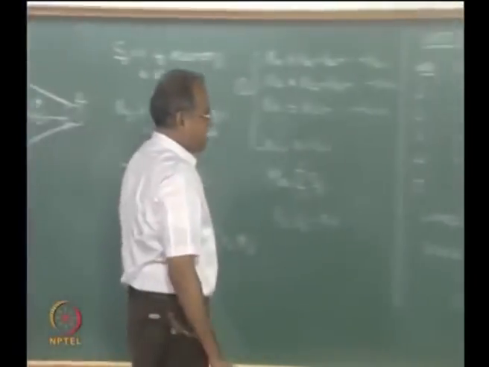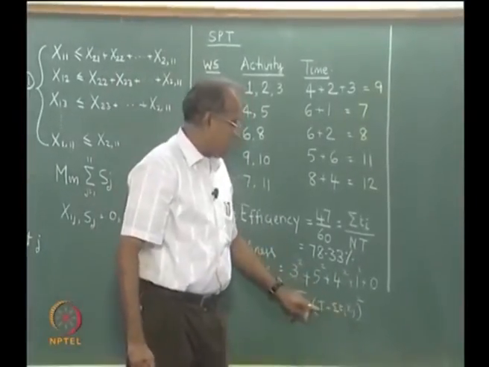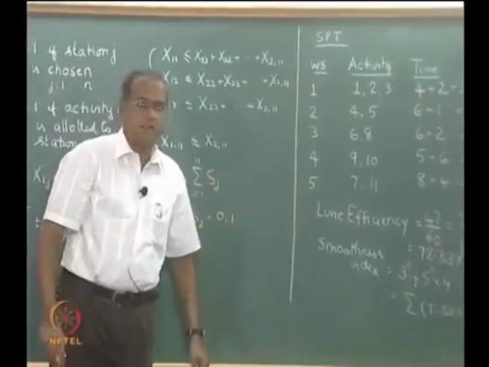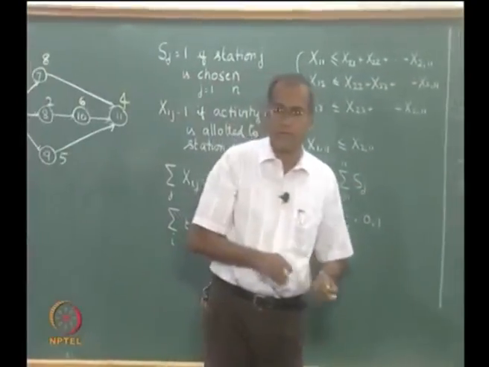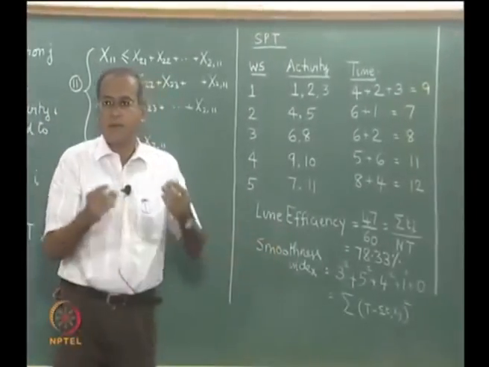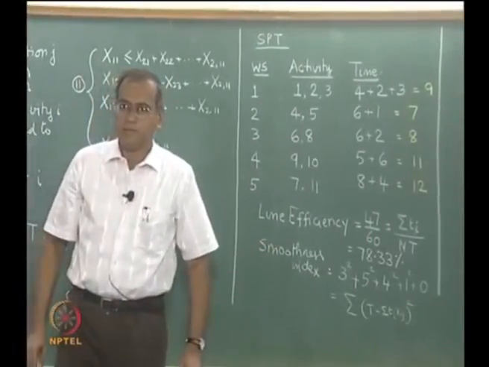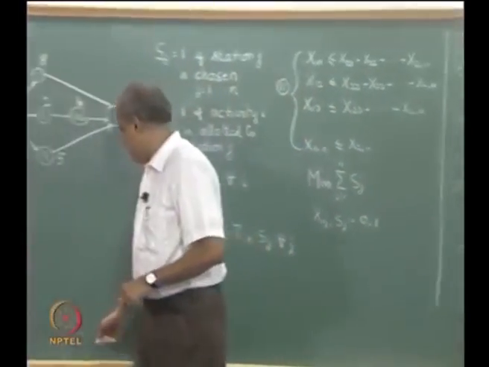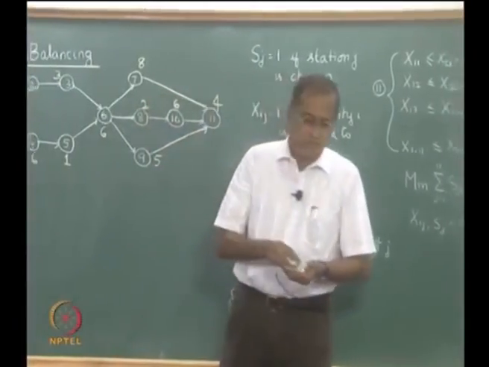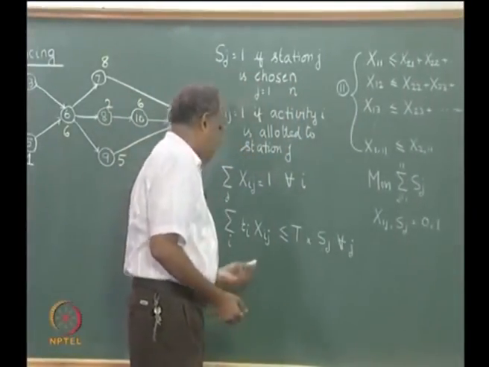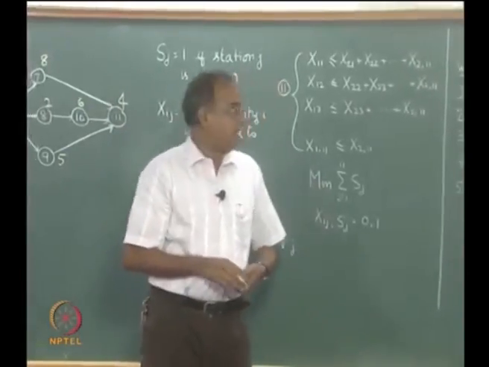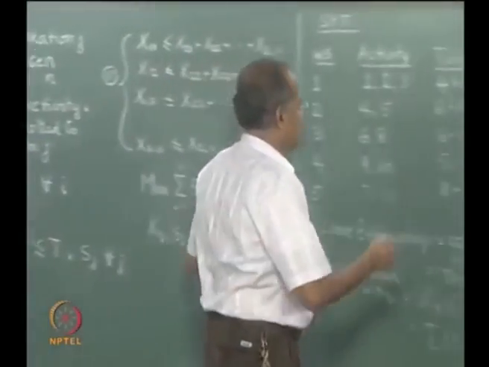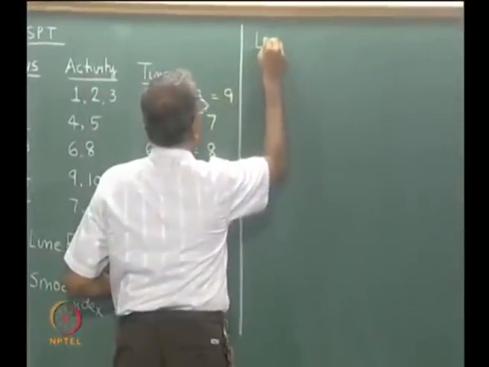So, this represents the time in a workstation, this represents the cycle time. So, square and sum is the smoothness index. The larger the line efficiency, the more efficient the line; the smaller the smoothness index, the better it is for the line. So, the solution to a line balancing problem is measured on these two factors, which are line efficiency and smoothness index. Now, let us look at another solution to this problem, which is this heuristic based on longest path